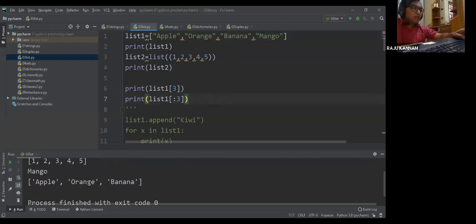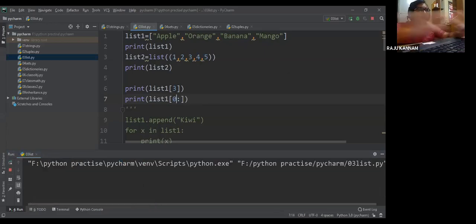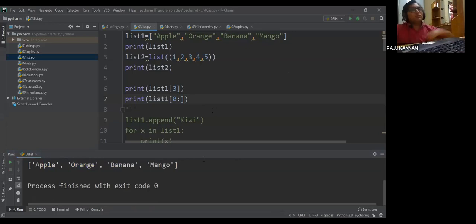Hope I'm correct, right? Yes, apple, orange, banana are printed; mango is not included. And if you want to print all, you can mention 0 followed by a colon, and it will print all. Starting value I'm mentioning, ending value I'm not mentioning, because it means till the end.